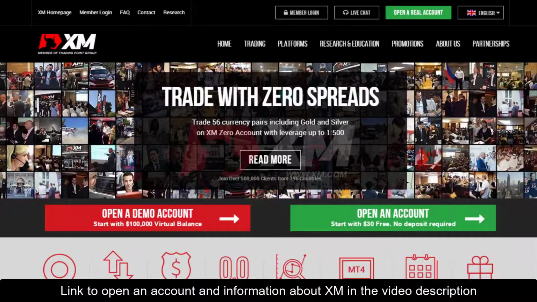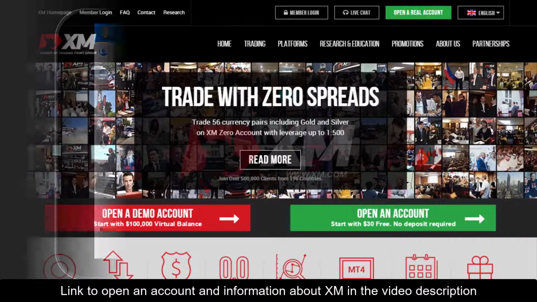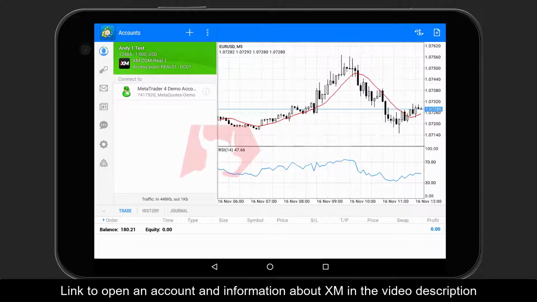Mobile Trader: How to use the XM Android tablet Part 1. In this video, we are going to demonstrate the complete set of steps to use the XM Android Trader application on your Android tablet. After you log into the MT4 XM Trader platform, you will see the MT4 Mobile Trader